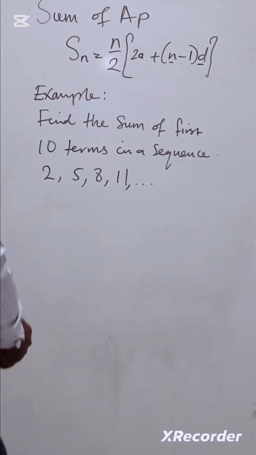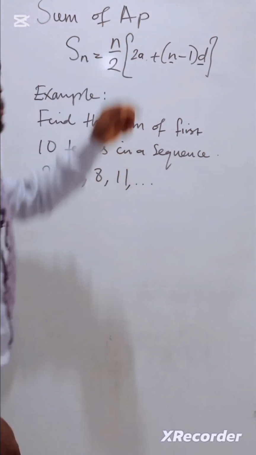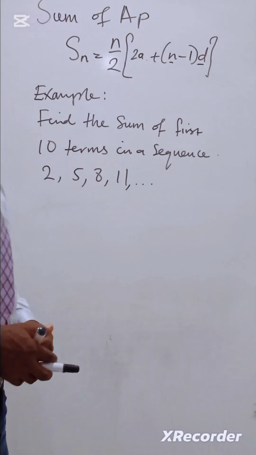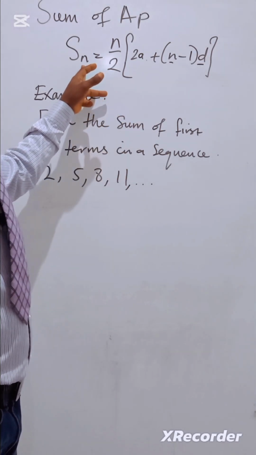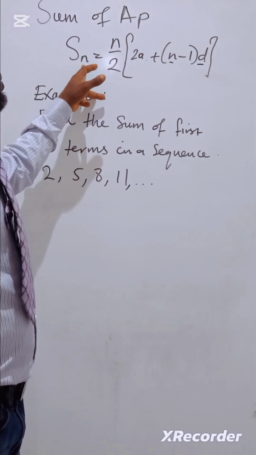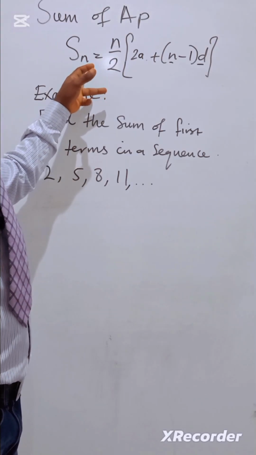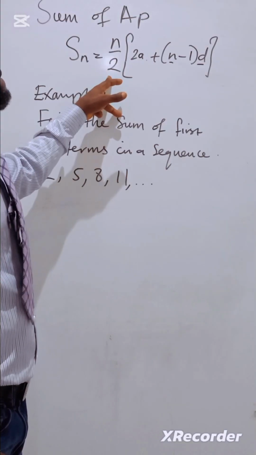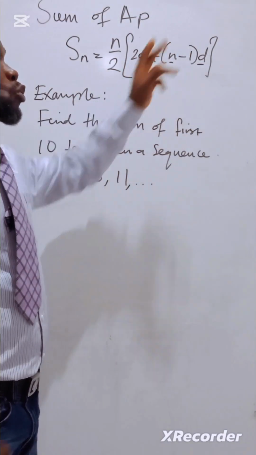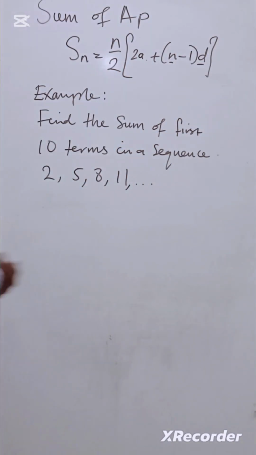The sum of an arithmetic progression. The sum of an arithmetic progression can be derived with this formula. Sn, which is the sum of the n terms, is equal to n over 2 [2a plus (n minus 1)d], where